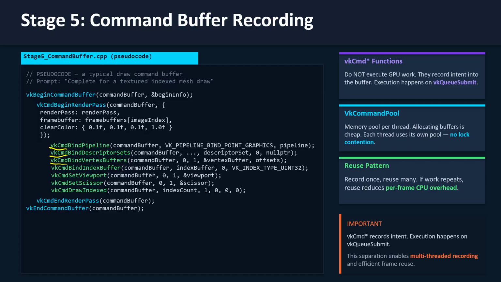Commands like vkCmdBindPipeline and vkCmdDrawIndexed, where you are trying to draw something, are not immediately executed on the GPU, but recorded